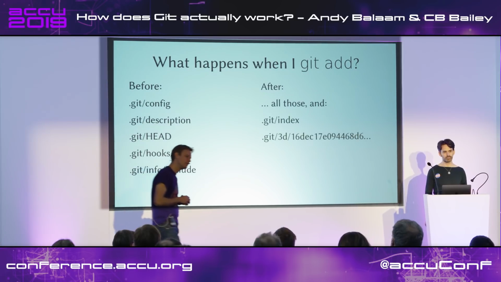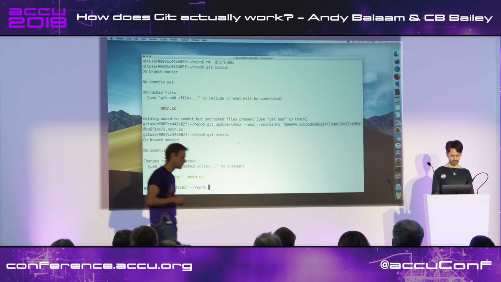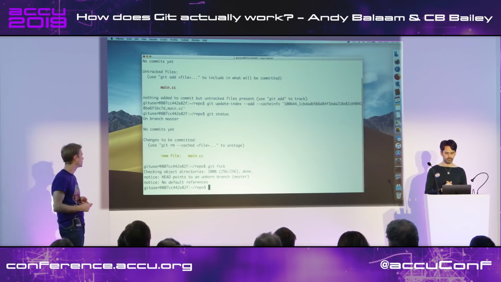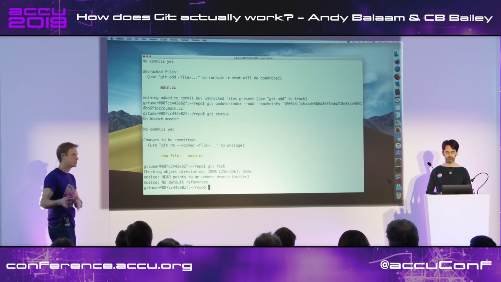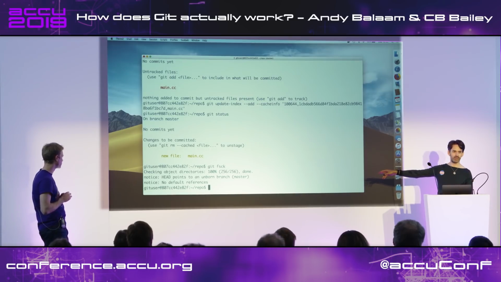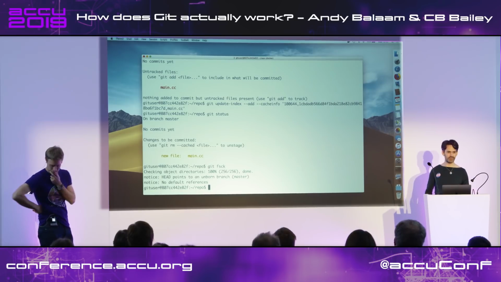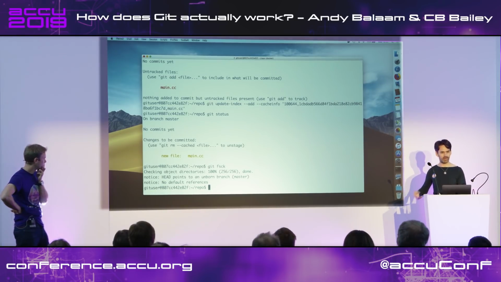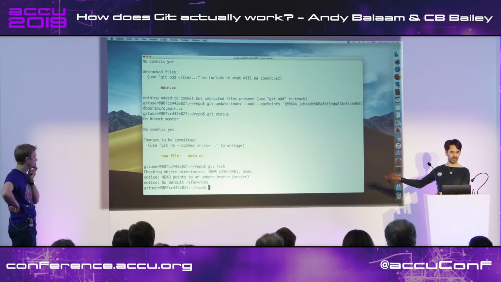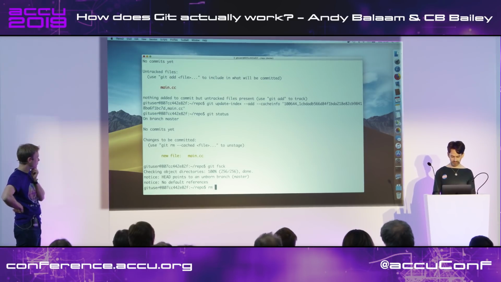Say again, sorry? If I do a git add and then I do a git reset, will the object still be in the database? Yeah, brilliant question. So what I didn't do is, after a git add, if I do git fsck, you'll see that there's no longer that dangling blob. That thing in the Git database is now referred to by something, and what it's referred to by is the index. If I remove the index,